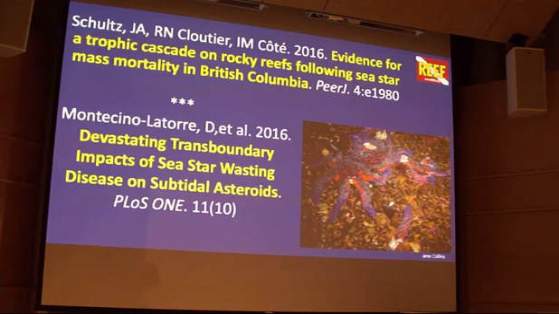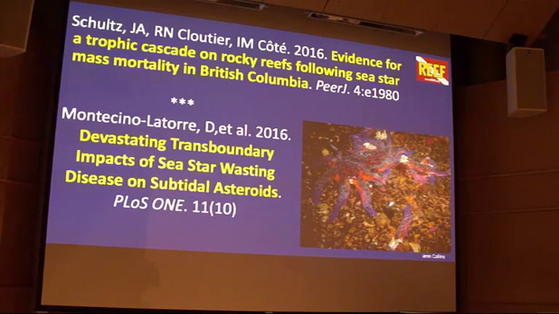A sea star wasting disease swept all the way down the west coast. And because we had baseline data from our program starting in '98, it's been a very interesting data set, useful for being able to look at the changes that have happened. And now as some sea stars are starting to come back, the recovery of those species. So 2 papers just recently both came out looking at the sea star wasting disease using reef data and the baseline that we had going back. The top one from Schultz et al. was in PeerJ, and then these guys, they're the CDOC Society and others. That one just came out more recently in PLOS One.